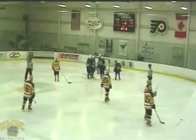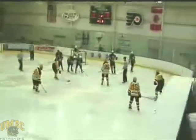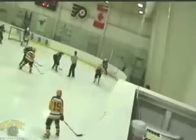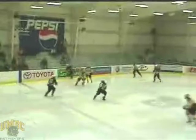Durkee with an opportunity on the doorstep. I don't think he was expecting it. He just pulled the trigger, didn't take that shot how he probably would have wanted to. Do the Lions sleep tonight? Wow. Lions trying to get it out of their zone, trying to get something on that scoreboard,